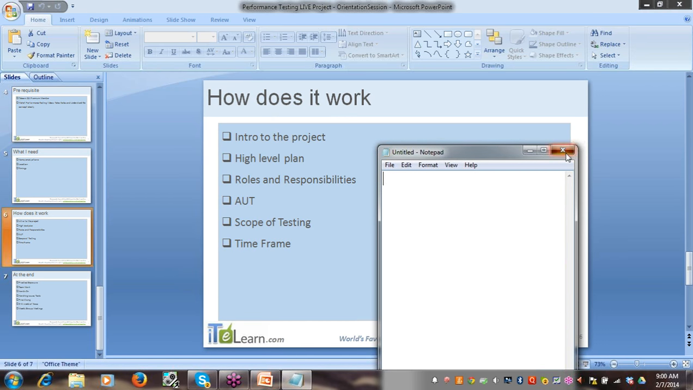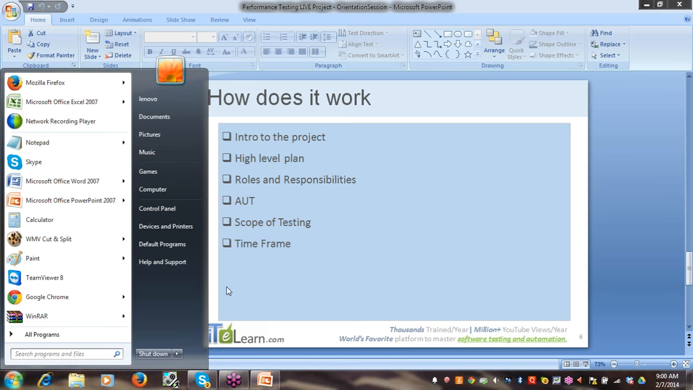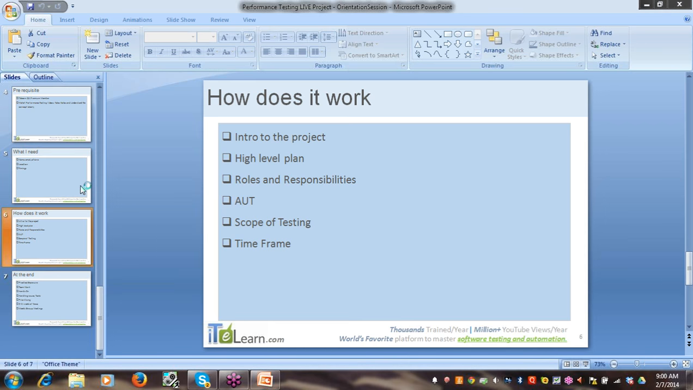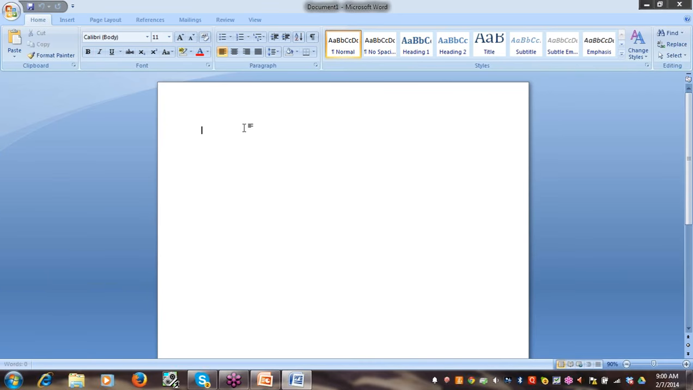I will just open a WordPad of it. Okay, introduction. I will increase the font. Okay. Introduction